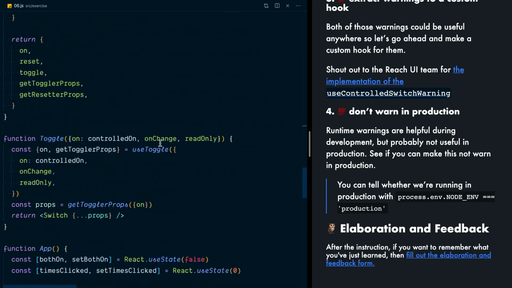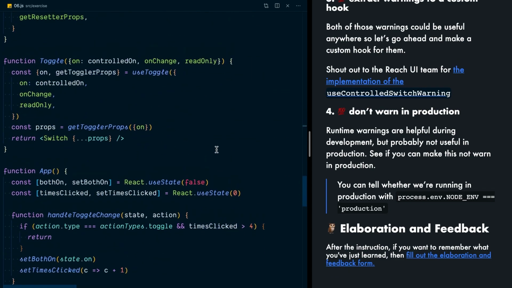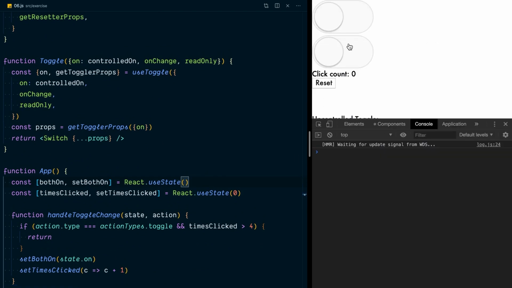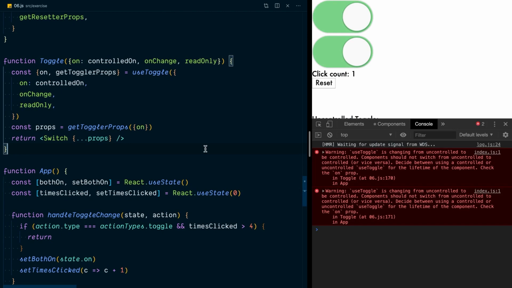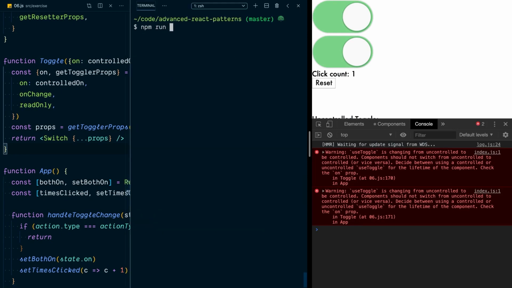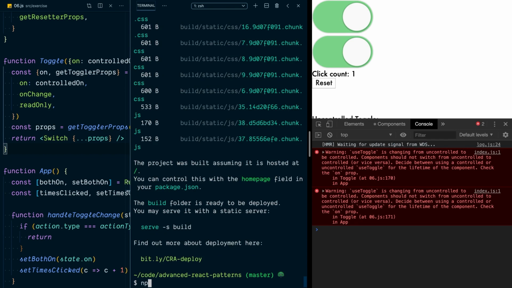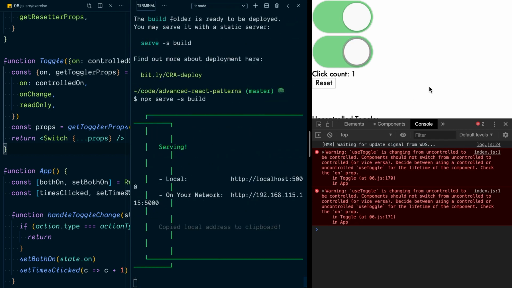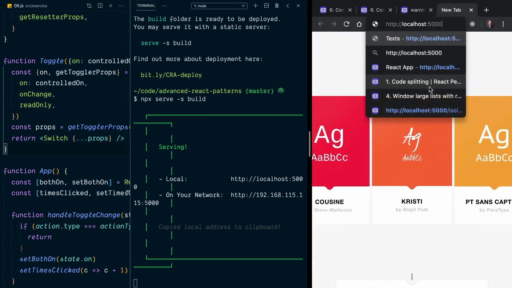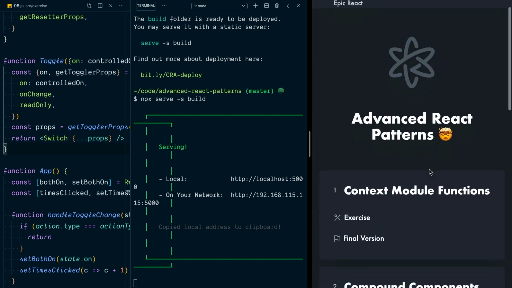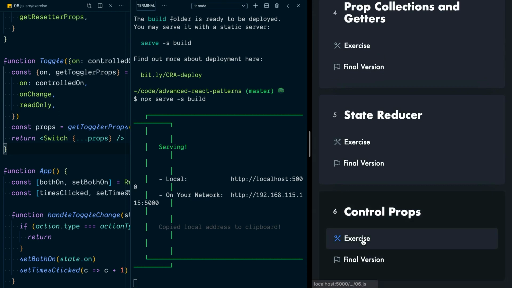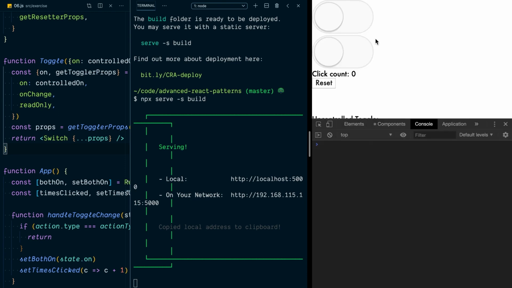So now if I go ahead and make these warnings a reality by changing this to an undefined value, and then we'll click on this, we'll get those warnings. Now I'm going to run npm run build to run the production build. And then if I run npx serve -s build, and we go to localhost:5000, then we'll go to exercise 6 where I'm at. We've got our toggles right there, and I click on this,